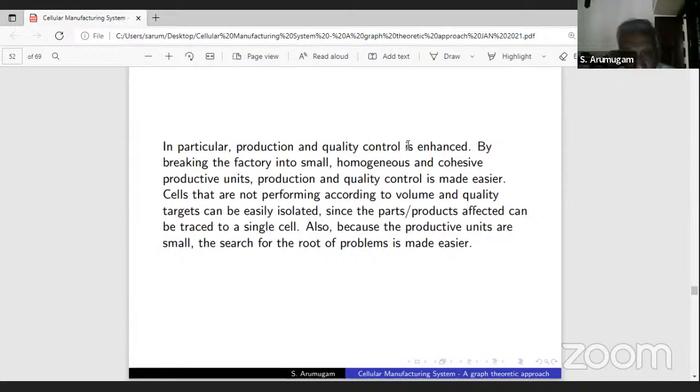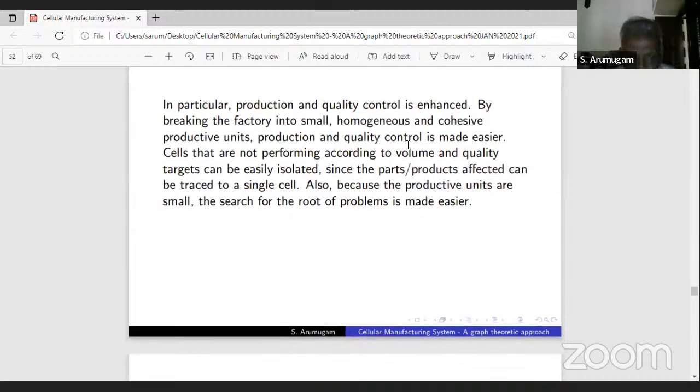Quality control is much enhanced because quality can be controlled at the cell level itself. At the cell level itself, the quality can be easily monitored. Then when there is a problem, the root cause can be easily identified because you can precisely pinpoint that the problem comes from a particular cell and proceed to rectify it, since the cell is small when compared to